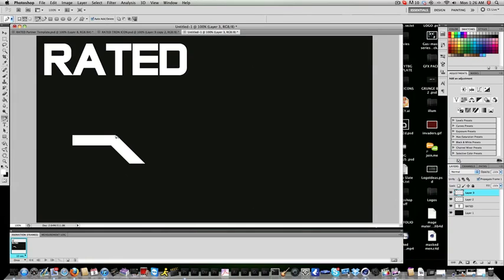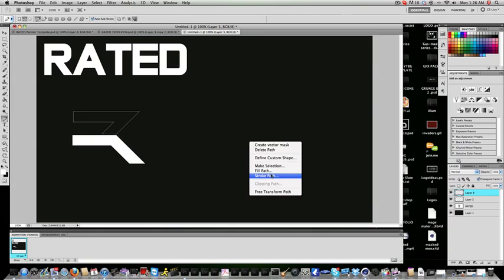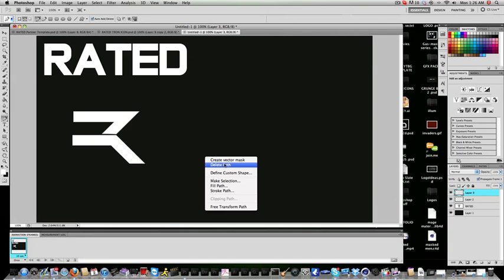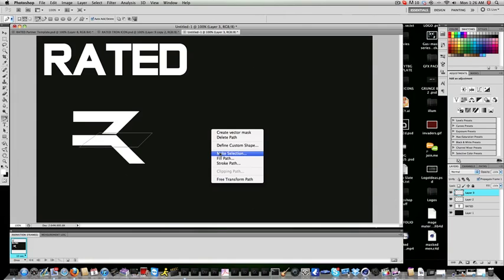We're just going to start right here, and we're just going to... I use the shift tool to make sure that my angles are perfect, guys. So shift makes all of your angles 100% precise. And here is an R. I'm going to make sure that all of these are perfect angles,